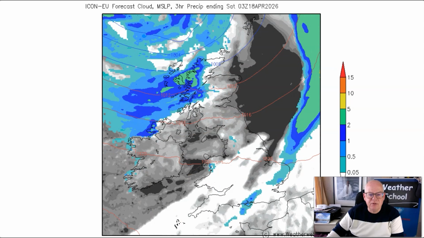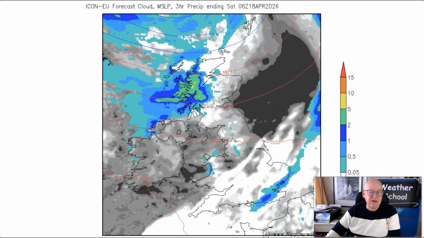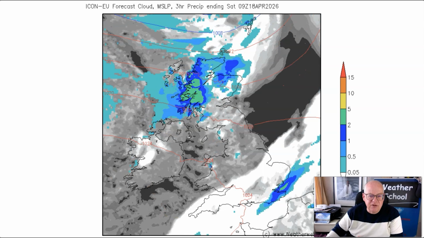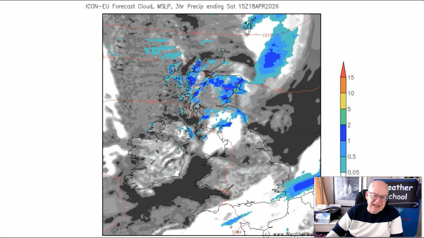Now, as we go through into Saturday, we're going to be finding still the remnants of the front across East Anglia in the southeast. Few spots of rain there. Hefty showers, though, piling into the west of Scotland through Saturday morning, spreading into central and northern Scotland as well. And really for Saturday, much of Scotland sees some showers on and off through the day. Elsewhere, well,